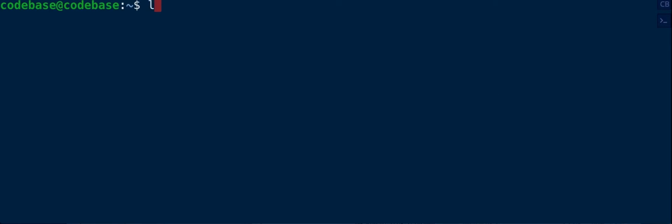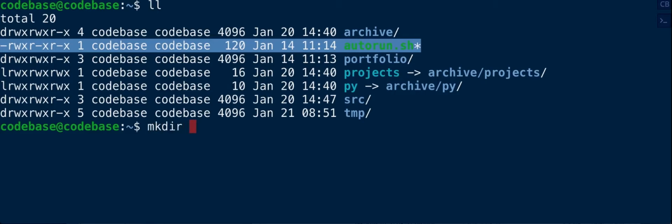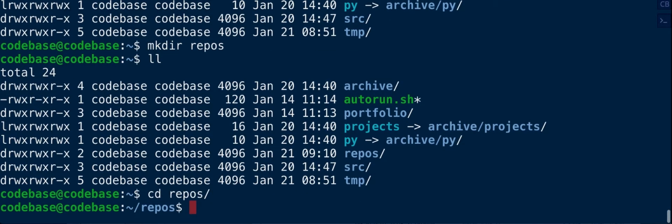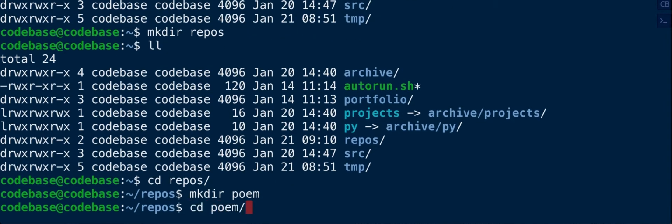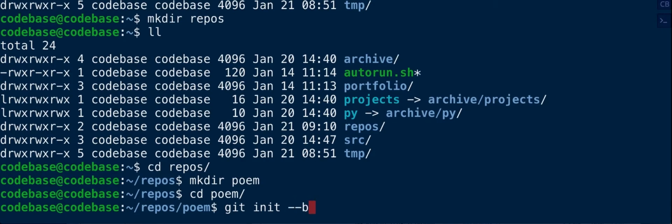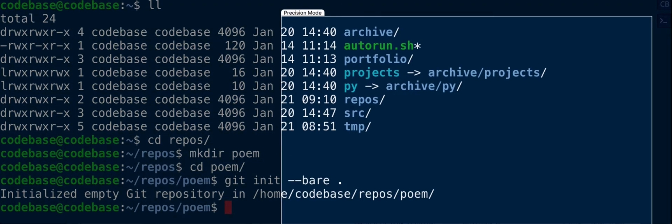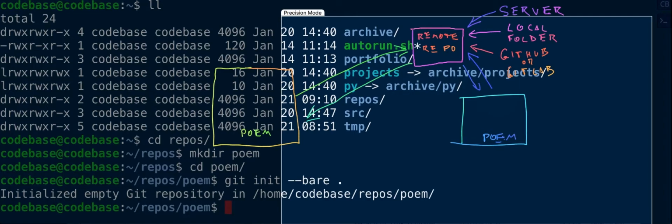I'm going to create a folder called repos. So I'll do mkdir repos. And I'll go inside repos, and you can do the same if you want. And I'll do mkdir poem, cd poem, and I'll do git init --bare . And this actually creates a bare directory which can be used as a remote. So again, we'll take a look at what we have here. Our remote repo in this case is inside my home directory, repos/poem, and it's really that simple. Okay,